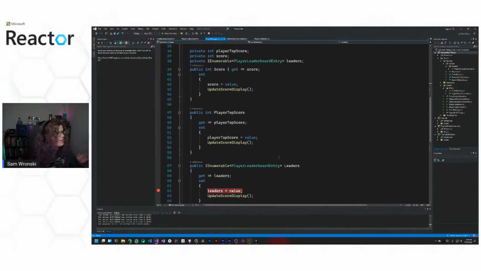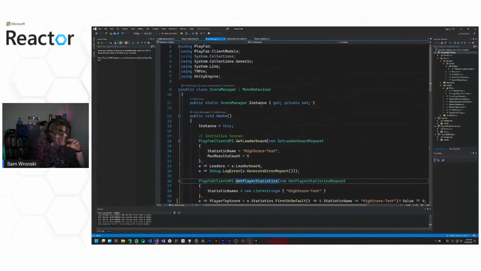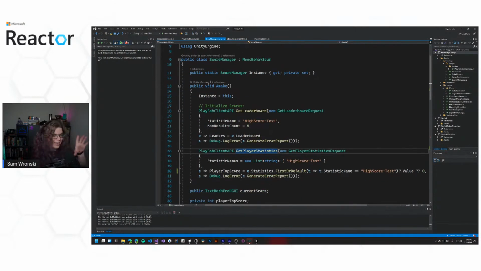We have our score manager. This is a new, I guess it's singleton. It kind of functions like a singleton. It kind of doesn't. So what this is doing, I should talk a little bit about that. A singleton is a single instance of a class. There can only be one. In this case, that's tracked by this instance, but it isn't quite a singleton because you can make multiple of these. In that case, the instance just gets weird. It should still work, but it'll be weird.